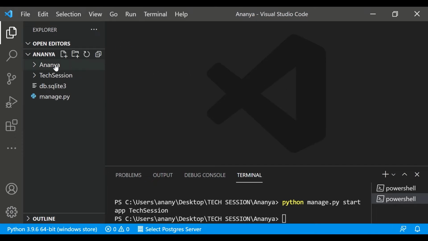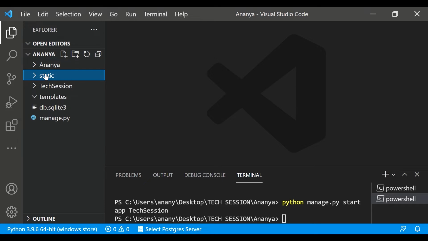Now we will be creating the folder for the index.html or the HTML files. We will create a folder and name it templates, and this folder will contain all the HTML files. We will also create a folder named static. The static folder will contain all the CSS, JavaScript and the images.